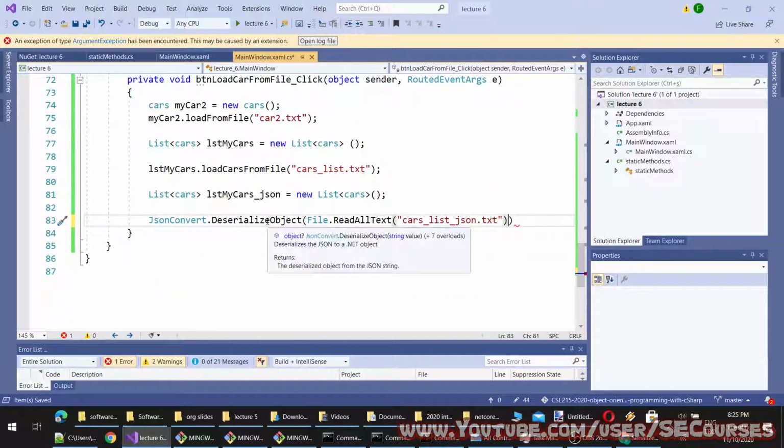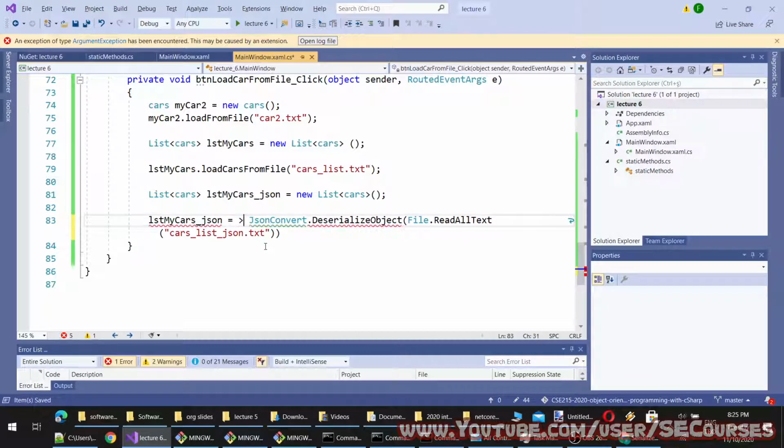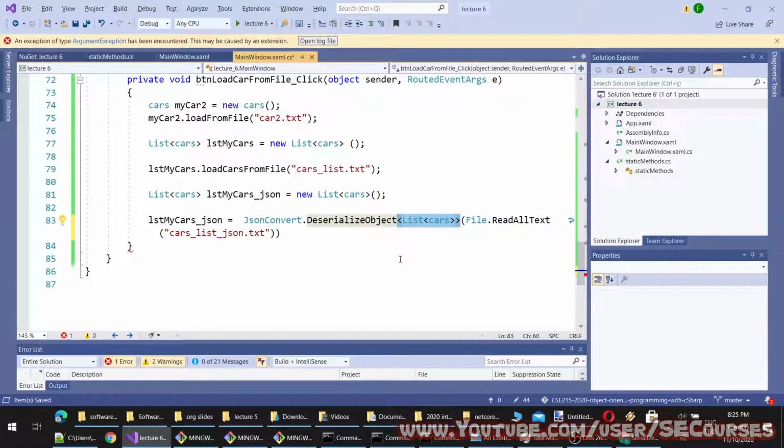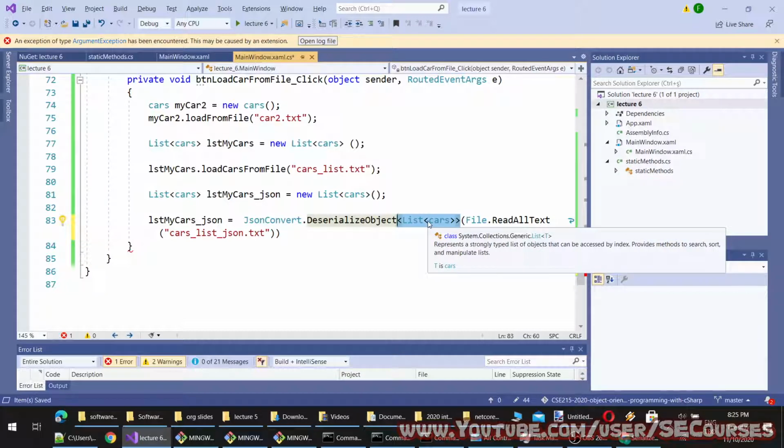And what will it return? It will return object. Therefore, I need to cast it like this, and I have to set the deserialization type like this: list of cars. Okay, so here I am providing the return type, because JsonConvert, I mean Newtonsoft.Json, cannot know which type of object it will return. So to be able to deserialize an object from string, you need to provide the result type.